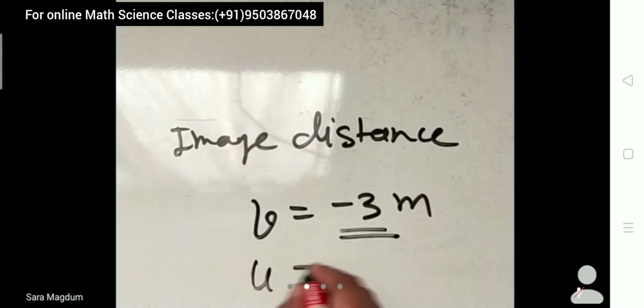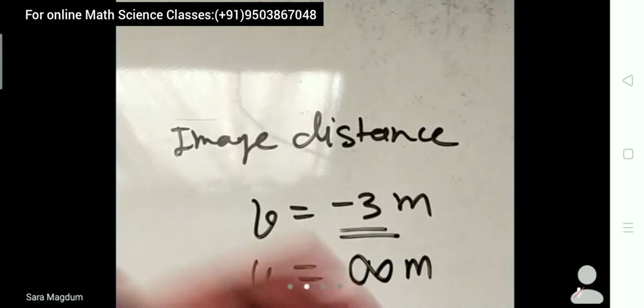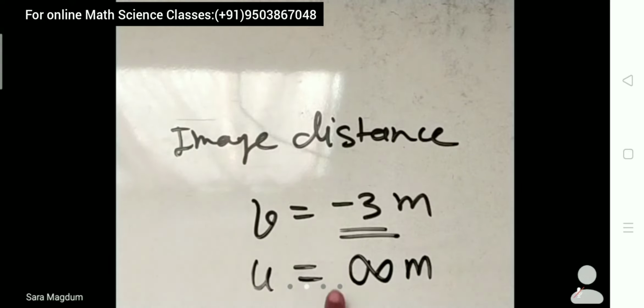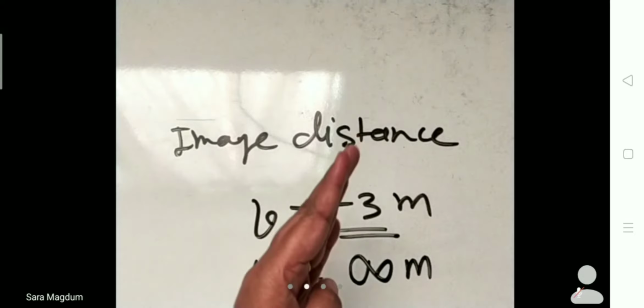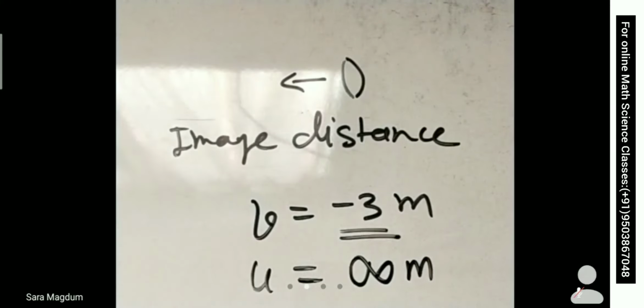So I will write here u is equal to infinity. In this case you will always take the object distance as infinity, because we don't know where the object is; we are only aware that the person cannot see the images beyond 3 meters. 3 meter के दूर वाला उसको कुछ नहीं दिख रहा है, so up to infinity we will consider, right? So here u, that means the object distance, is infinity, and since the object will always be in front of the lens, u will be taken negative. So u is equal to infinity meters.